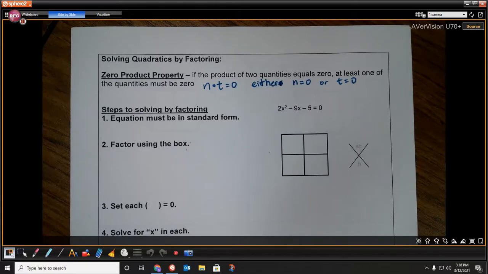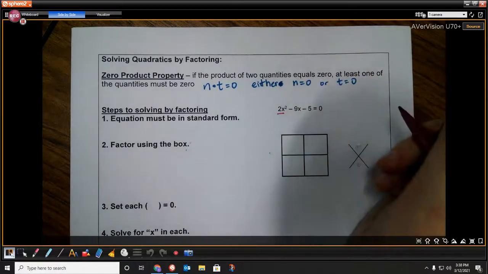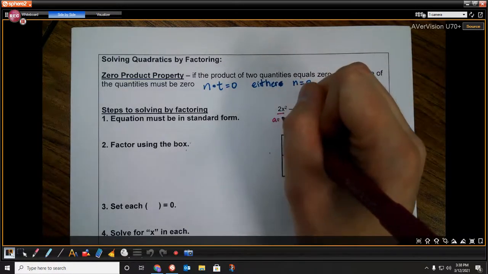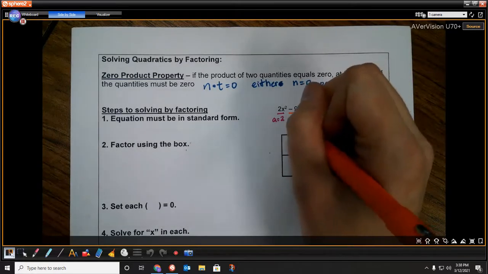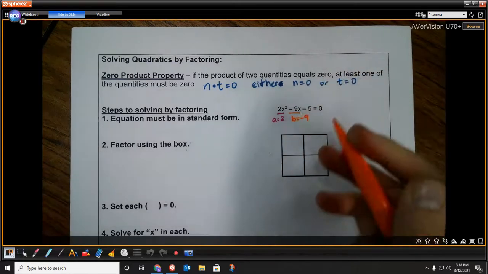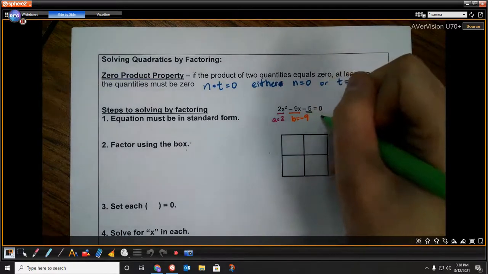All right, and so remember, a very important thing that we do in this circumstance is we have to recognize that our a is 2, okay, whenever we're factoring. Our b is equal to that -9, the coefficient of our x, and then our c is over here, which is equal to that constant,